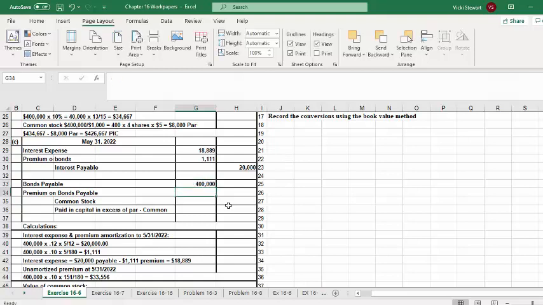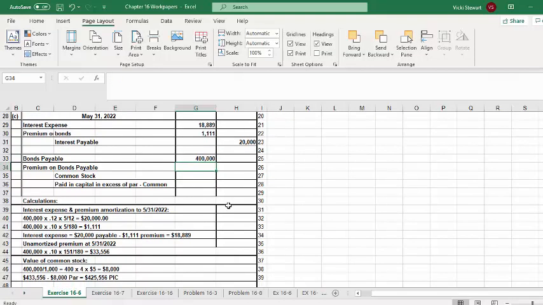Now we can record the conversion of this $400,000 face amount of bonds. So that would be our debit to bonds payable. We have to determine again the amount of premium on the bonds payable that hasn't been amortized. So we would take the face amount of the bonds times 10%, and these bonds have been outstanding for 29 months. They were outstanding for 2 years plus 5 months. So that's 29 months. So the remaining premium is 180 minus 29, or 151 months, divided by the total 180 months, or